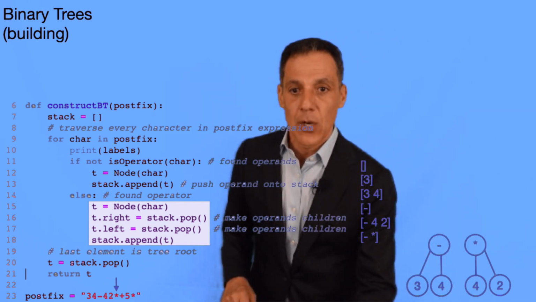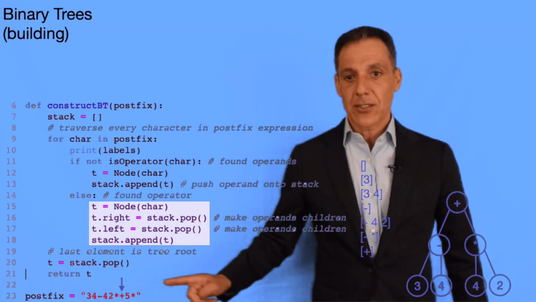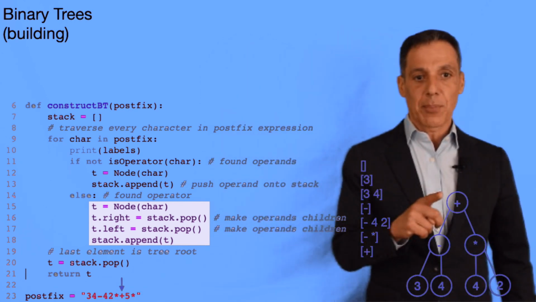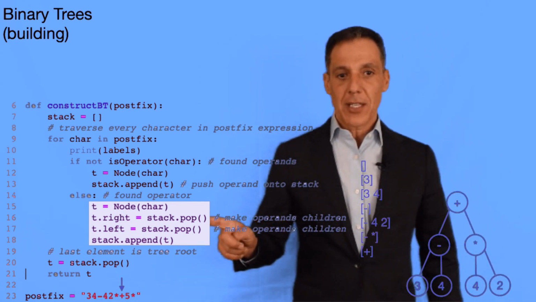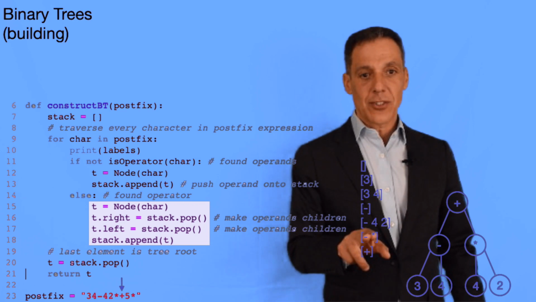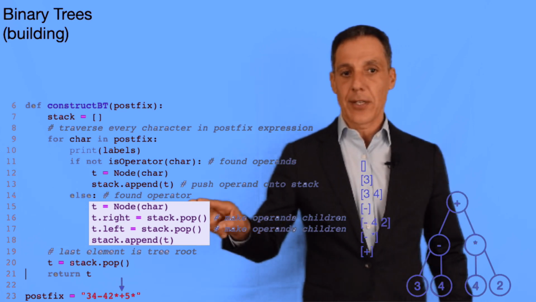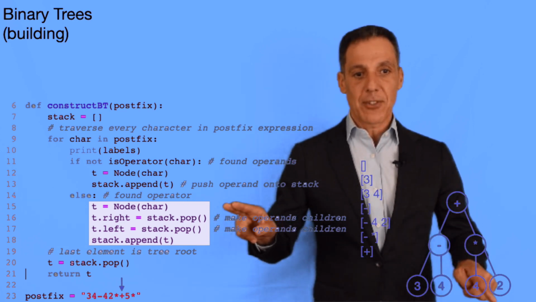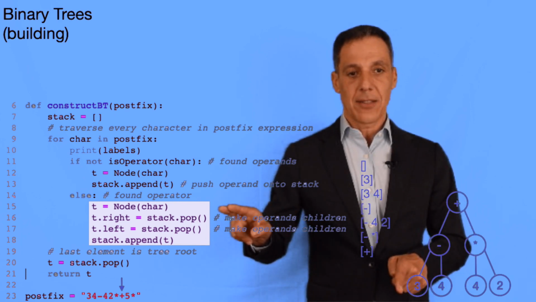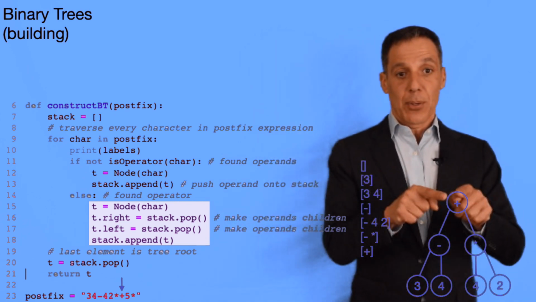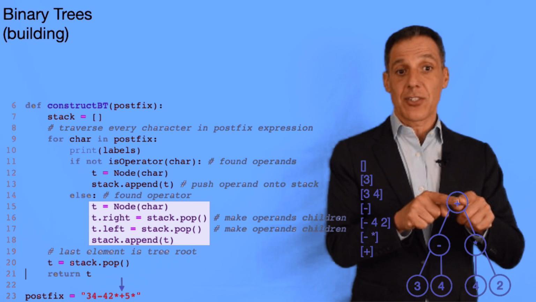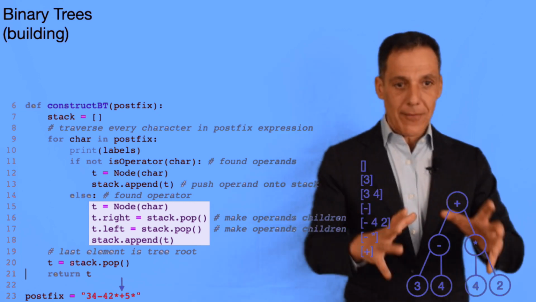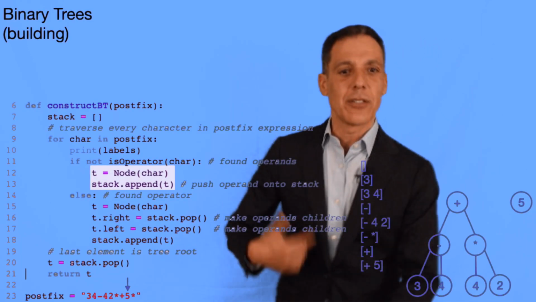All right, so we get the next command, the next character. What is it? It's a plus sign. Okay, well, if it's a plus sign, there must be two things in the stack. There they are right there. So go ahead and create a new node with the plus. Pop the stack, get the right one, pop the stack, get the left one, and put that plus back onto the stack. Okay, good. So now we have that entire left subtree,